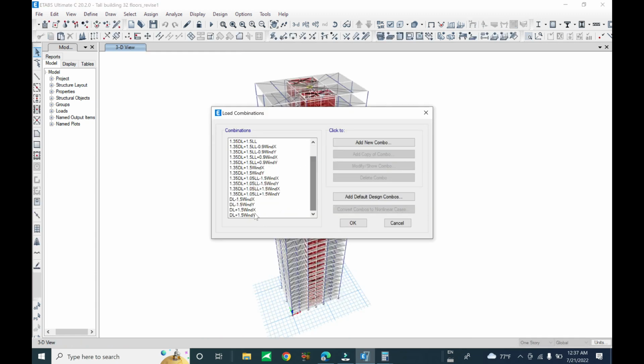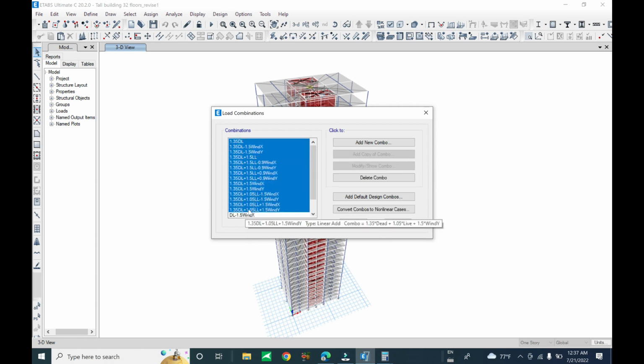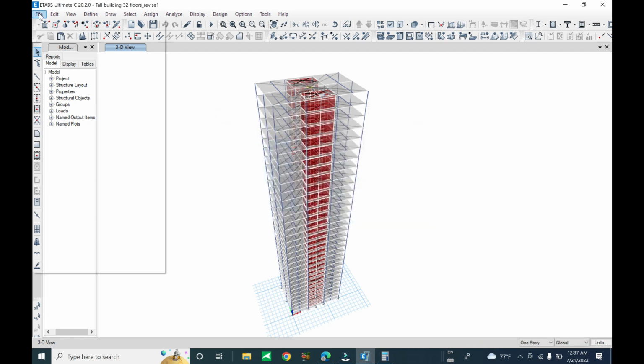We do not include the notional load for the first-order analysis, but for the nonlinear second-order P-delta analysis, you must include the notional load. Now in the load combination, we do not include the notional load. We run the first order analysis first to check and verify the section and the lateral drift to make sure